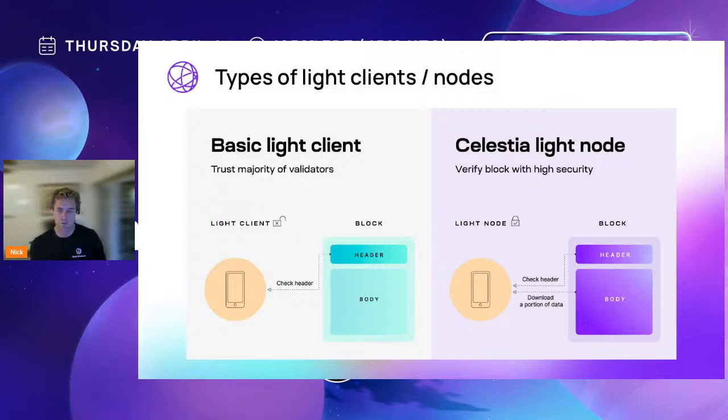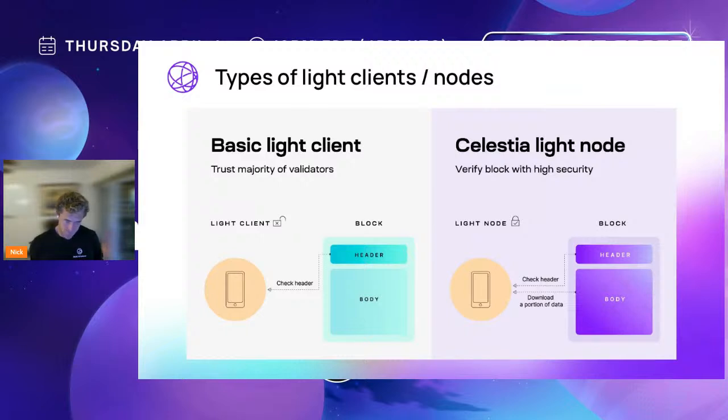And this is actually also how, by the way, committee-based bridges work. Like, for example, IBC, they run a light client of another chain in their chain. And the problem is that then you're trusting the majority of validators in the other network to be honest, and they could just lie to you, right? They could actually conclude and be like, you know what, actually we're going to break all the rules and mint $1 billion to ourselves, and that other chain's not going to know about it, or this user is not going to know about it.